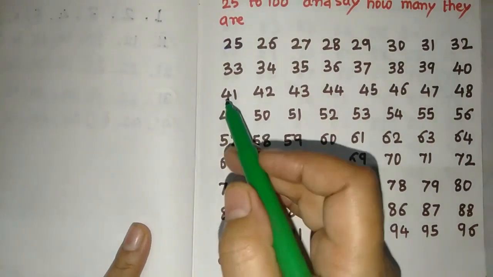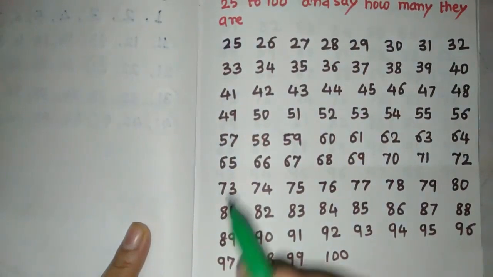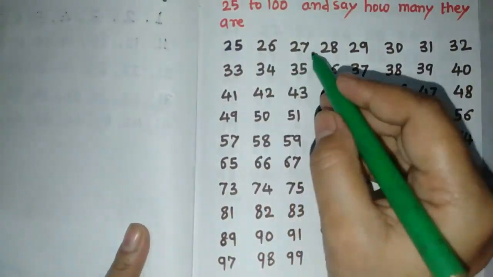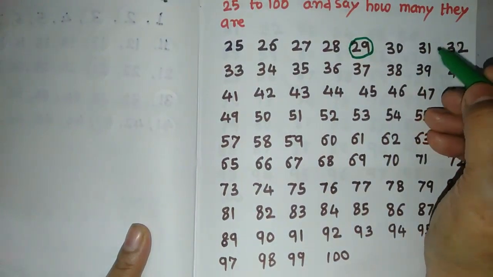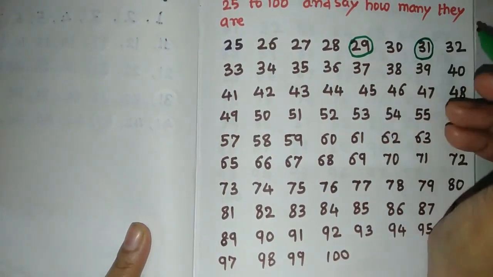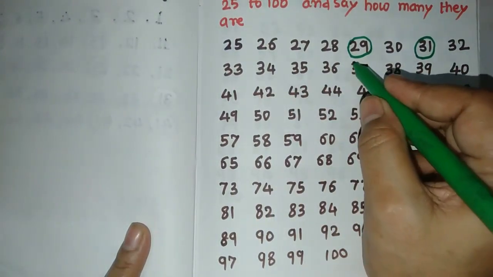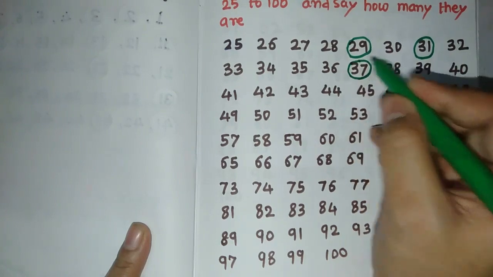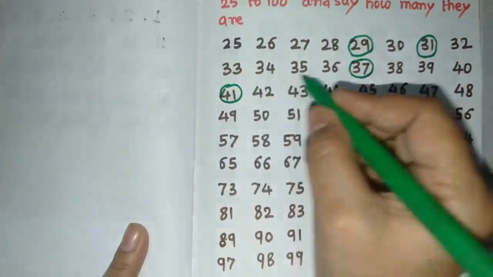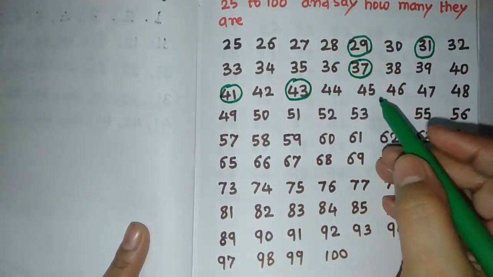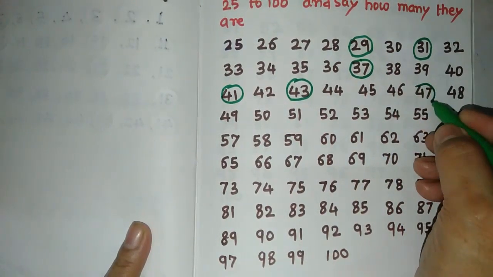Now find out the prime numbers from 25 to 100. So 29, 31, 37, 41, 43, 47,